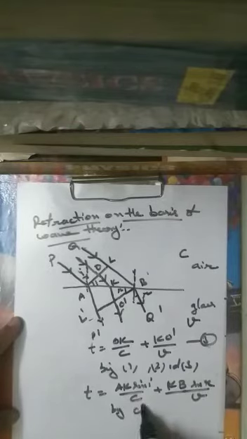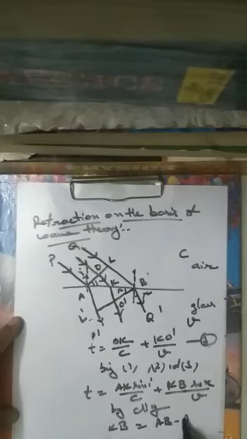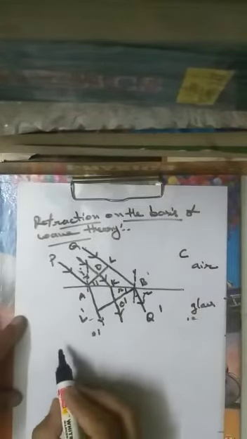By diagram, KB is equal to AB minus AK. Putting this value in the equation, we got t